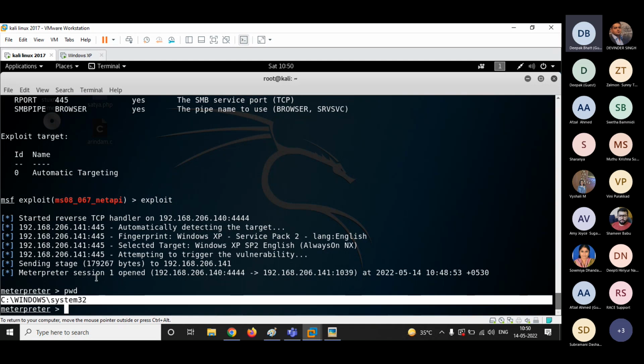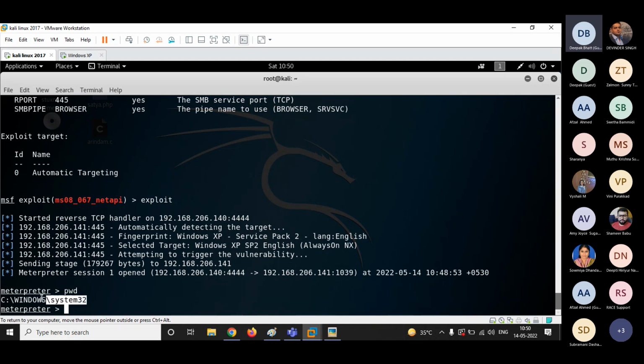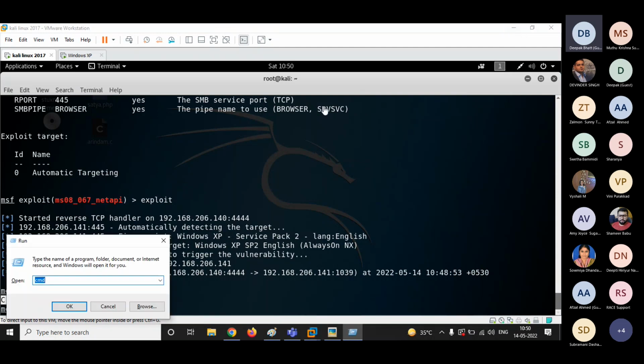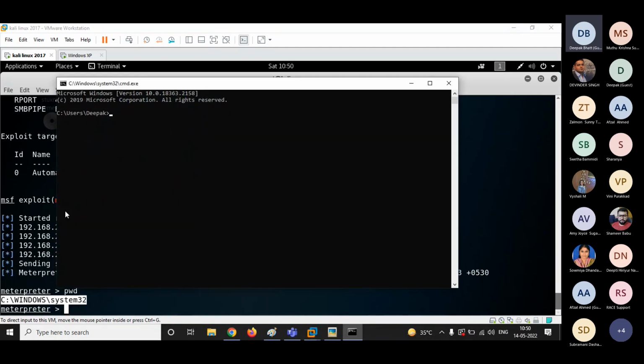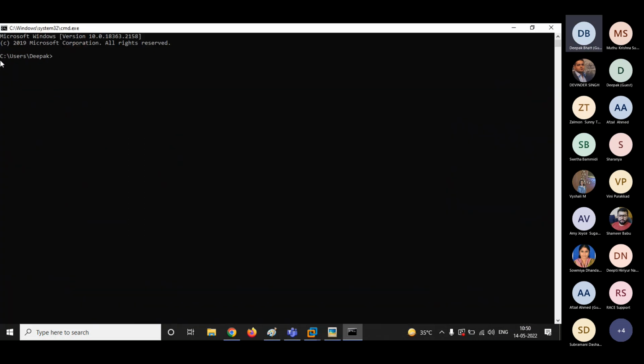Can anyone tell me by seeing this what kind of privileges we have? Admin or user? We have admin privilege. That's correct. Let me explain why. See guys, if I open my command prompt normally, as a user, you always get the terminal like this: C colon, users, the name of the user.